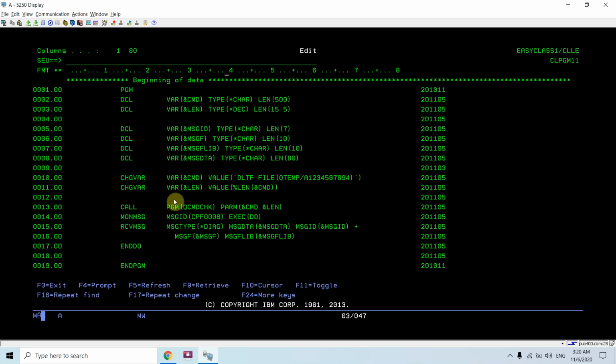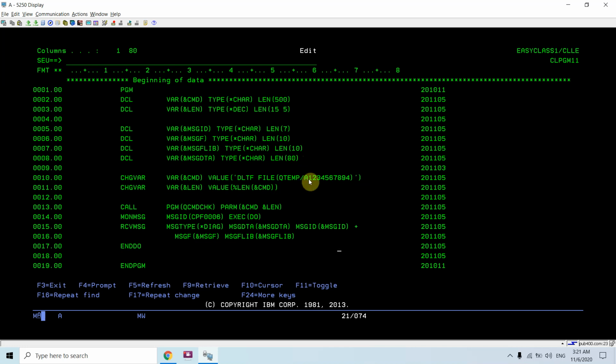This command accepts two parameters. One is the command string and the second one is the length of that command string. Here I am passing this DLTF command, and the file name here is A123456789, which is greater than 10 length, or it exceeds 10 characters.